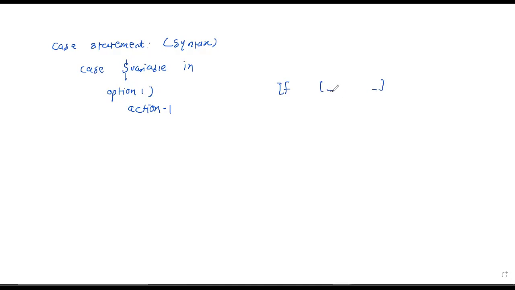So here a space is not required, and if you keep the space, it is also okay, no problem. You can execute the script. But we prefer to place a space here.